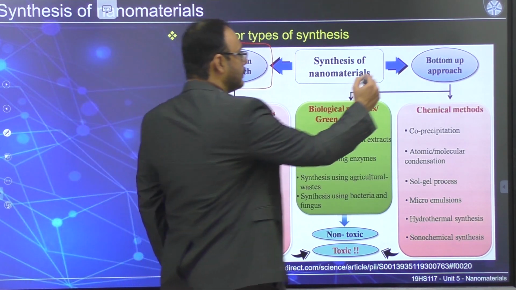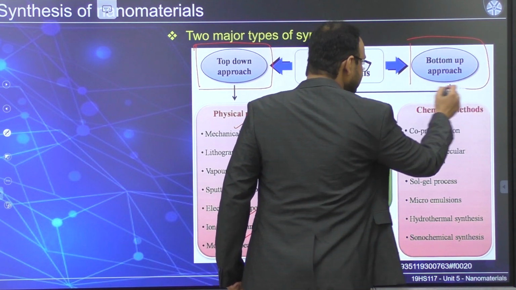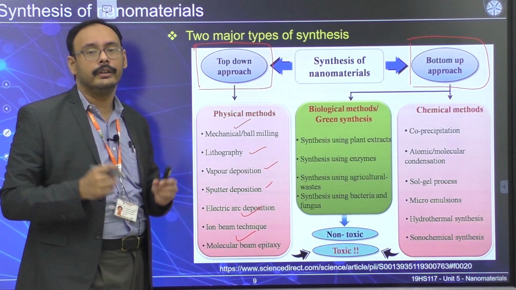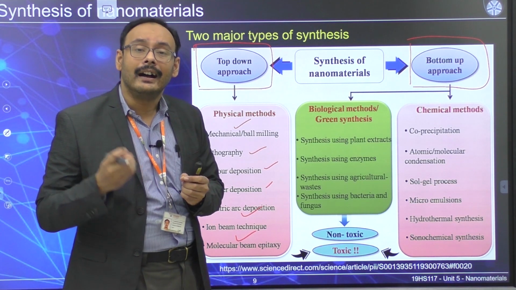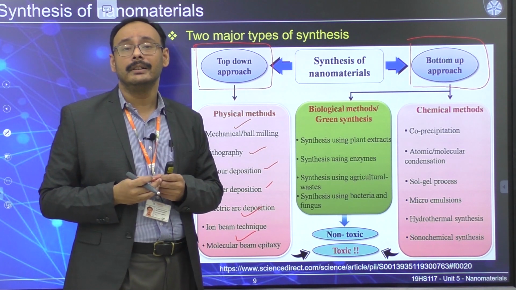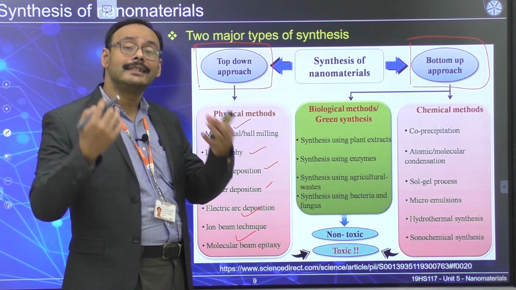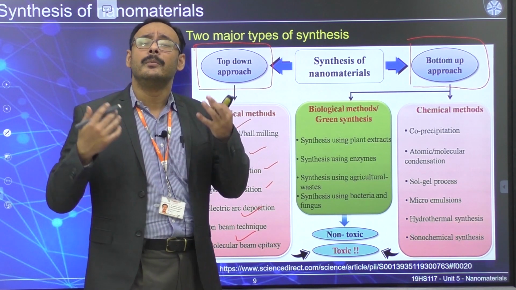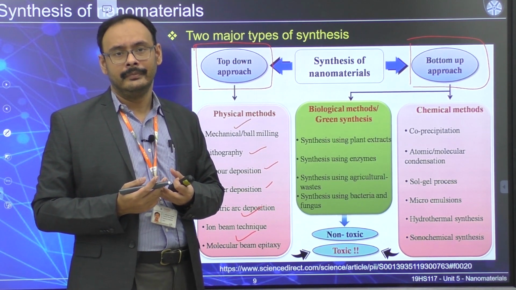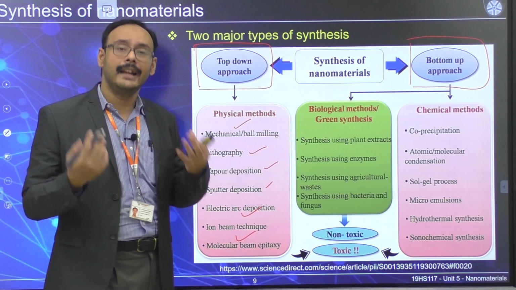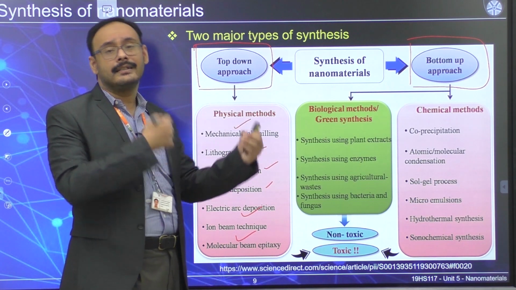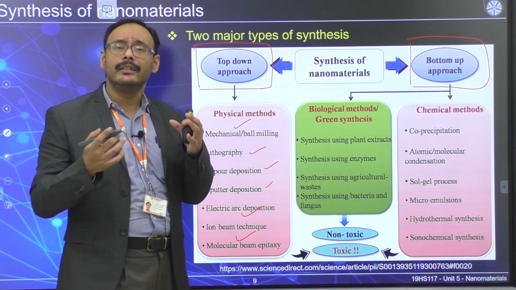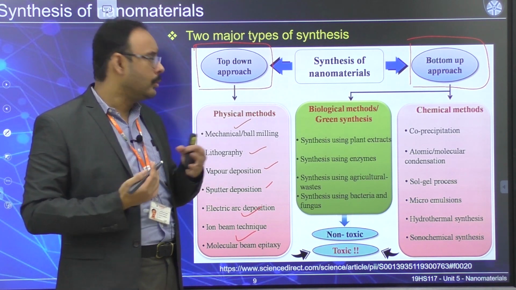So what happens in the bottom up approach? I told you the bottom up approach needs a precursor, which is at the atomic level or molecular level. From there you are going to synthesize. So there is much more chemistry involved. If you look at the strategy, most of them involve some sort of reaction between one precursor and another precursor, or some reactions happening within. Those things we need to understand.